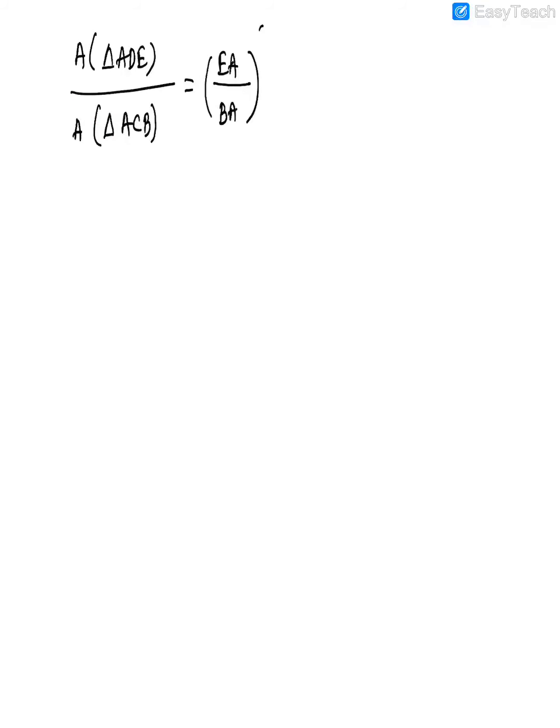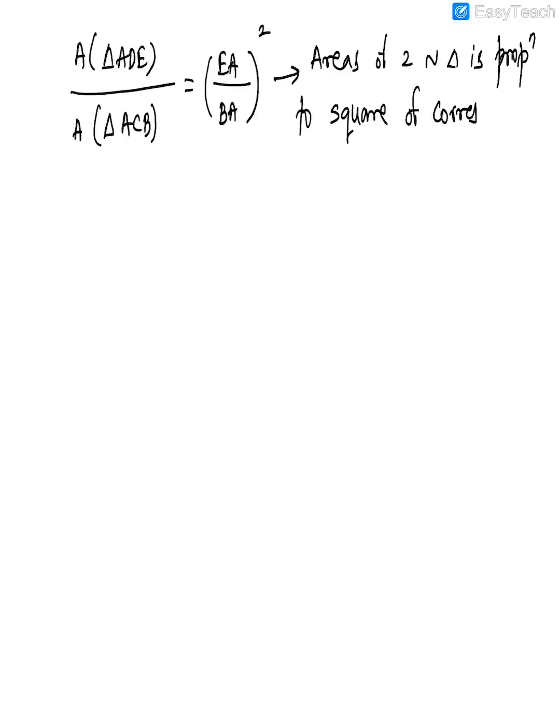Okay. Now, this is our which statement number, guys? Just check. This is statement number 5. Now we'll substitute the value. What is EA upon BA we had got? It was 4 upon 12, I guess. Yeah. So we'll write 4 upon 12 the whole squared. 4 1s are 4, 4 3s are 12, so it will be 1:9. I'll just say it is 1 upon 9. But our problem is still not over because this is not what they have asked us.